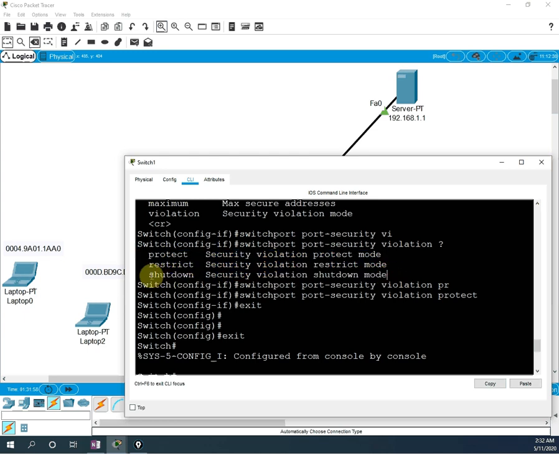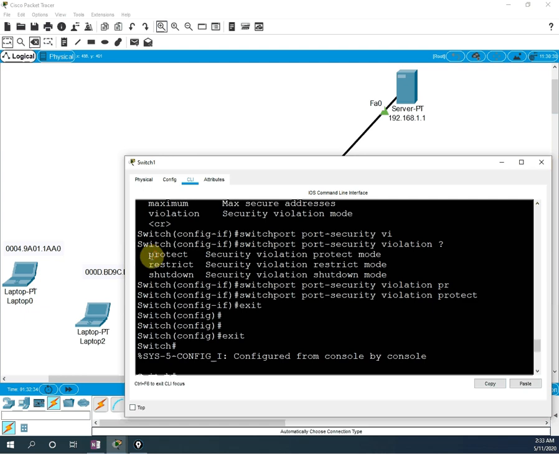There is a minor difference, but depending upon the organization we can use whichever they prefer. Mostly many organizations use shutdown, but some organizations use protection, because protection is simple and they will also have the record, they will get the syslog. Syslog is a topic we are going to cover. It is a notification, whatever is happening, it is recorded on the server. We have a syslog server, an application that records what is happening, who logs in or what issue is coming in the switch, and it records it in the switch log.